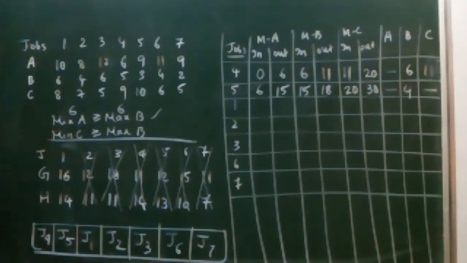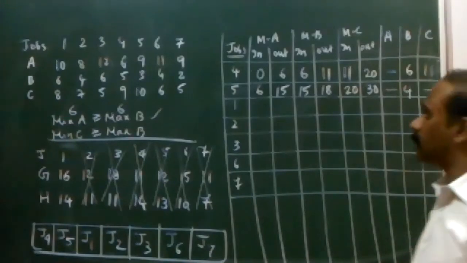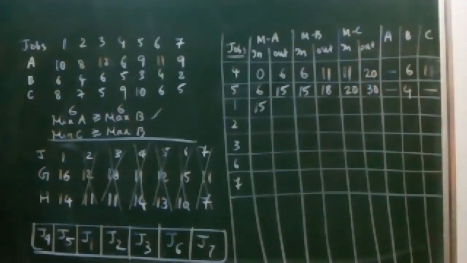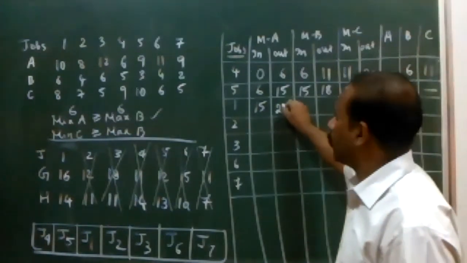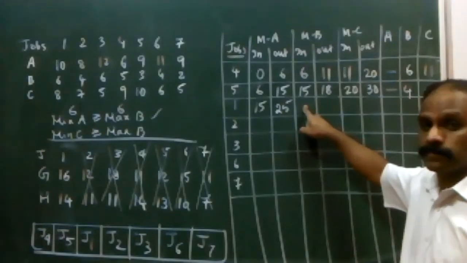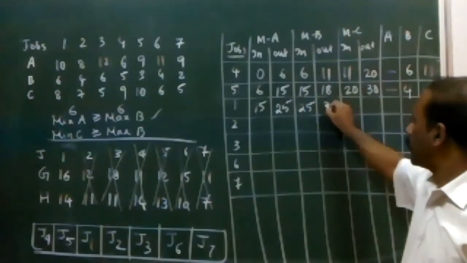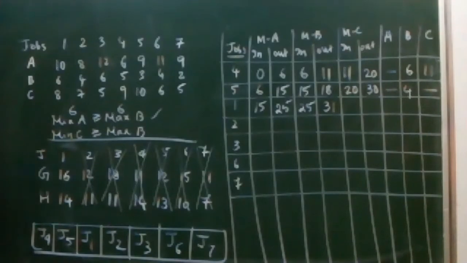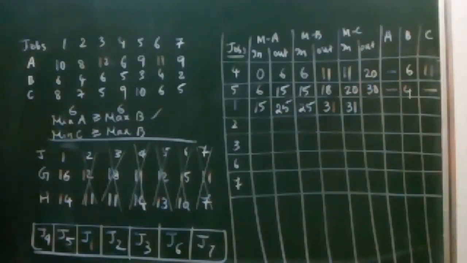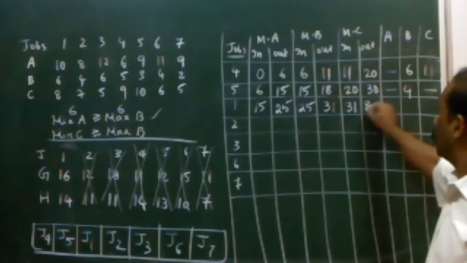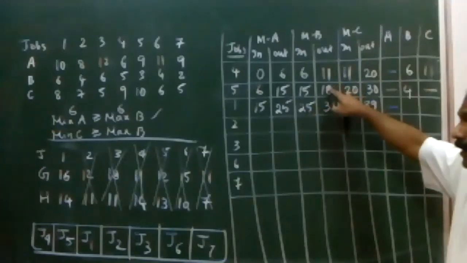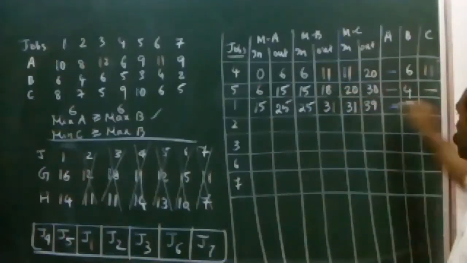Now we'll come back to job number 1. Please tell me what time it starts. It starts at 15. What time does it complete? 25. Here, what time am I supposed to start? 25, and it ends at 31. Even though it finished early, I'm supposed to start only at 31. And it completes at 39. So no idle time. Here the idle time is there, 25 and 18. The difference becomes 7. Here the difference becomes 1.